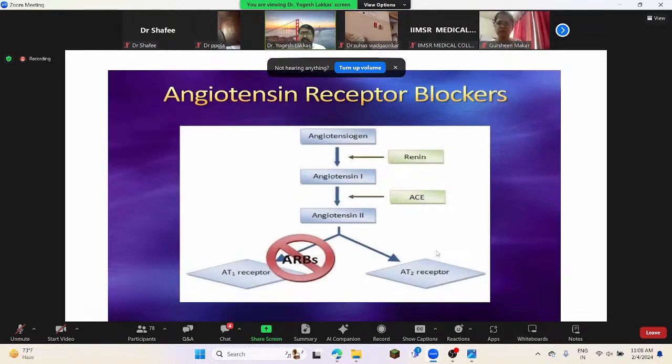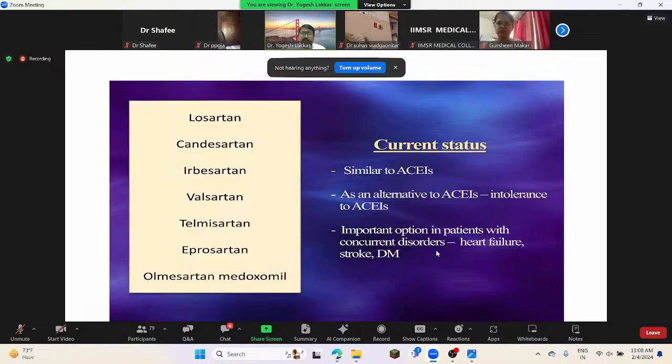Now, the age-old angiotensin receptor blockers we have been using as first-line drugs, like telmisartan, and we have been using them successfully. They are safe and do not have many side effects. Many molecules are there in this class. Most commonly, right and left, we are using telmisartan, a very safe molecule, with experience and with evidence, with fewer adverse effects.